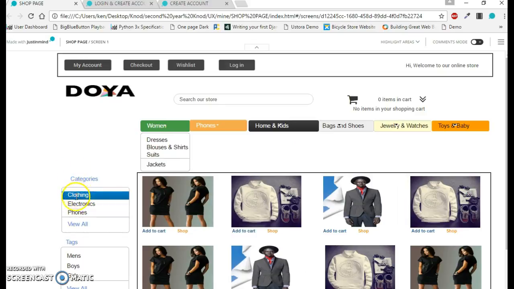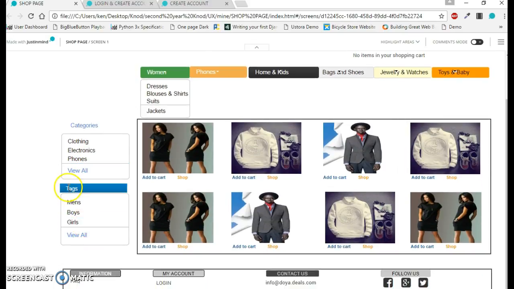Those are just some options, and then we also have another option for view all, and we also have the tags: men's, boys, and then the girls, and then the other option for view all. So when it comes to a specific product, we found that it would be useful to have two options. We found them easy to use. You can add to cart, or you can directly shop. Here it is. We have the shop